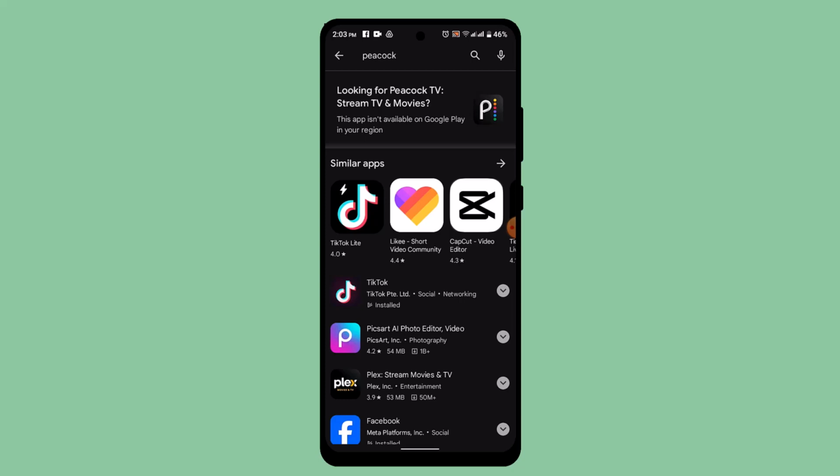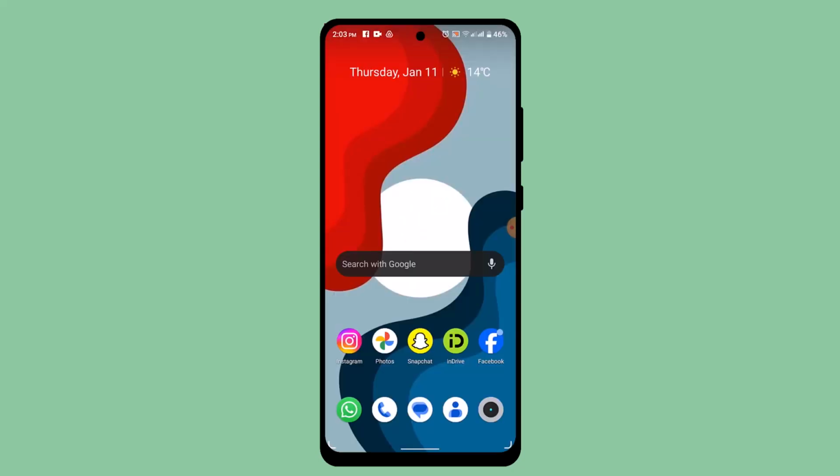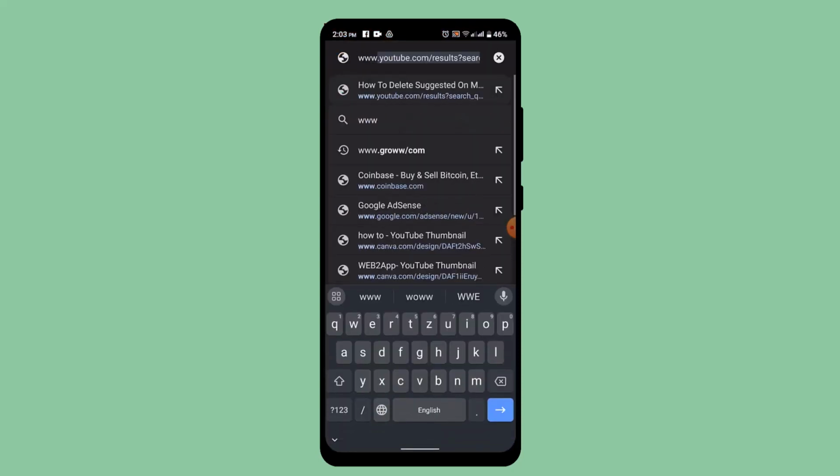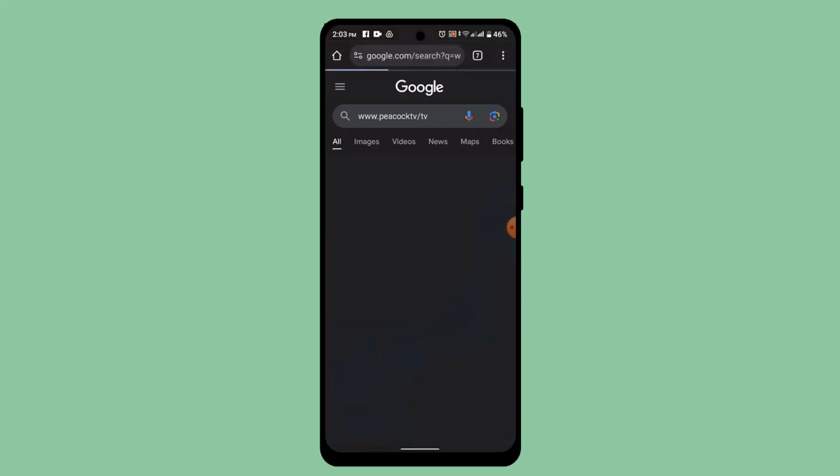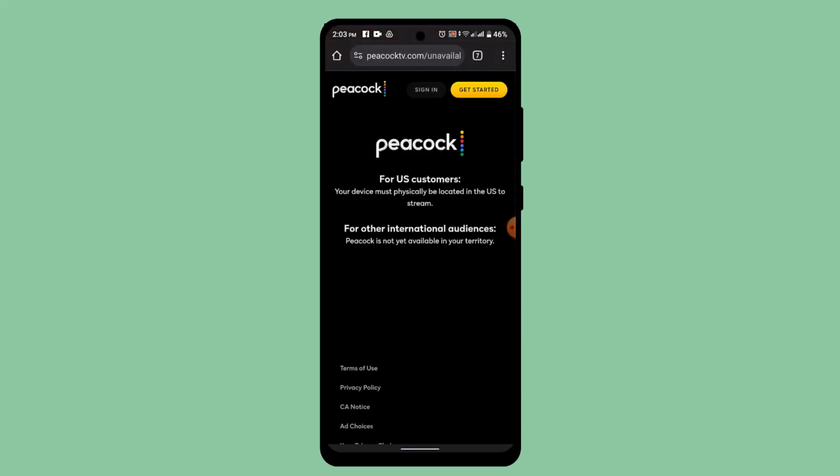Unfortunately, the following application is not available in my region, so I'm going to show you with the help of a web browser. Exit out of your application. Now if you have an application, either way the procedure is going to remain the same. So when you use a web browser, on the web address bar, type in www.peacocktv.com. So once you locate the following website, go ahead and tap the link and that's going to take you